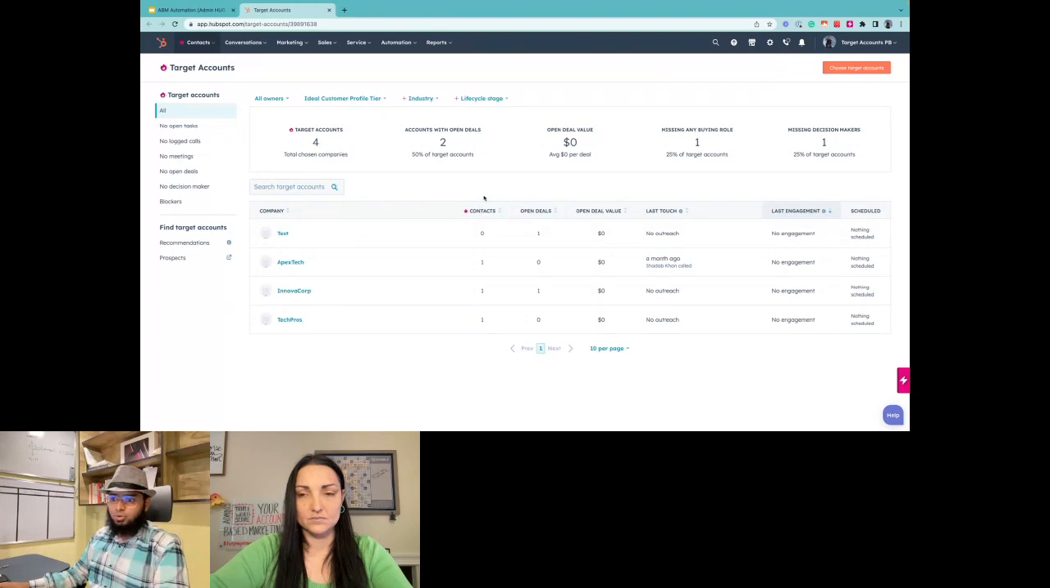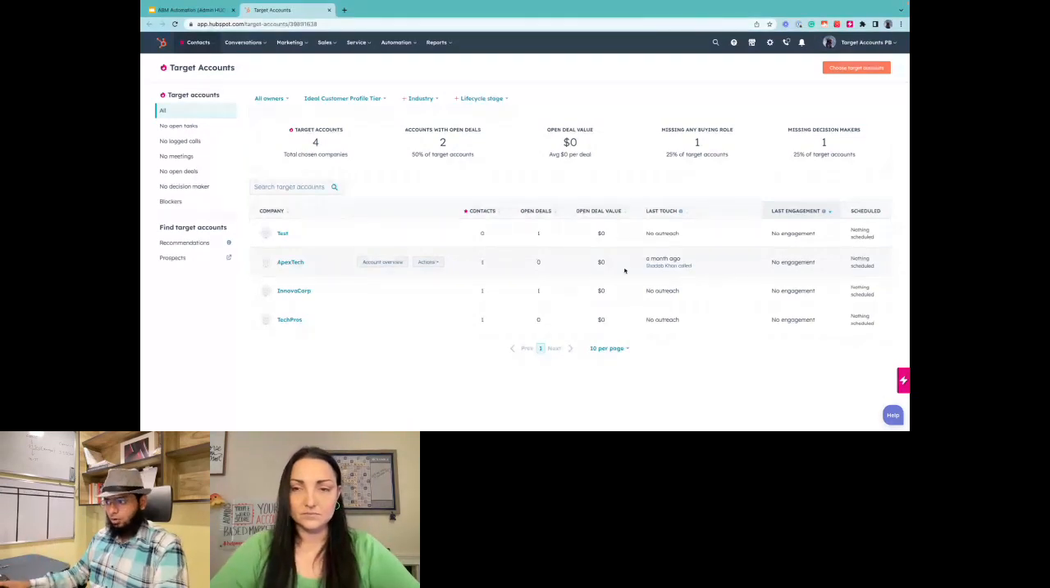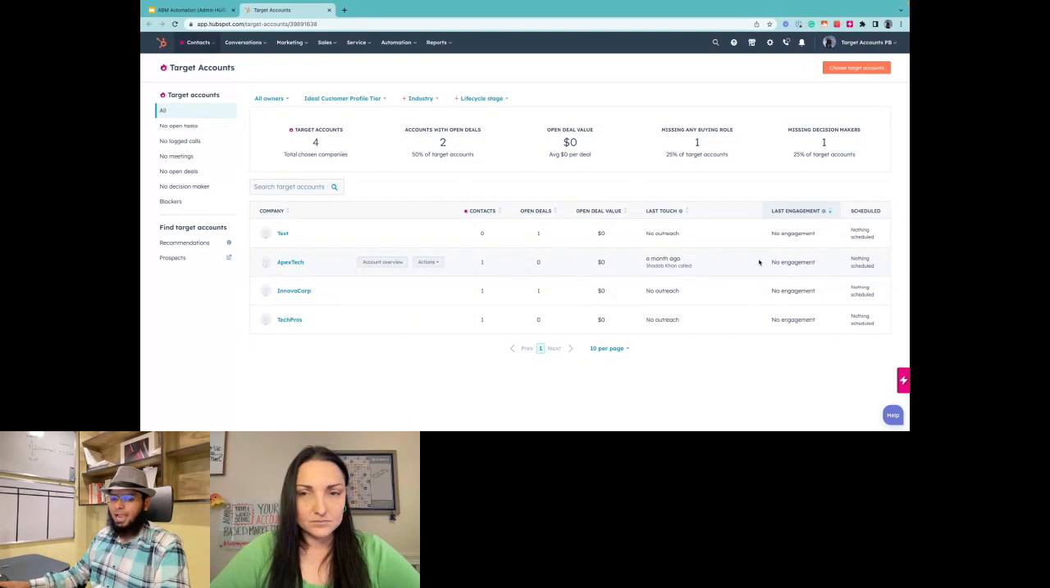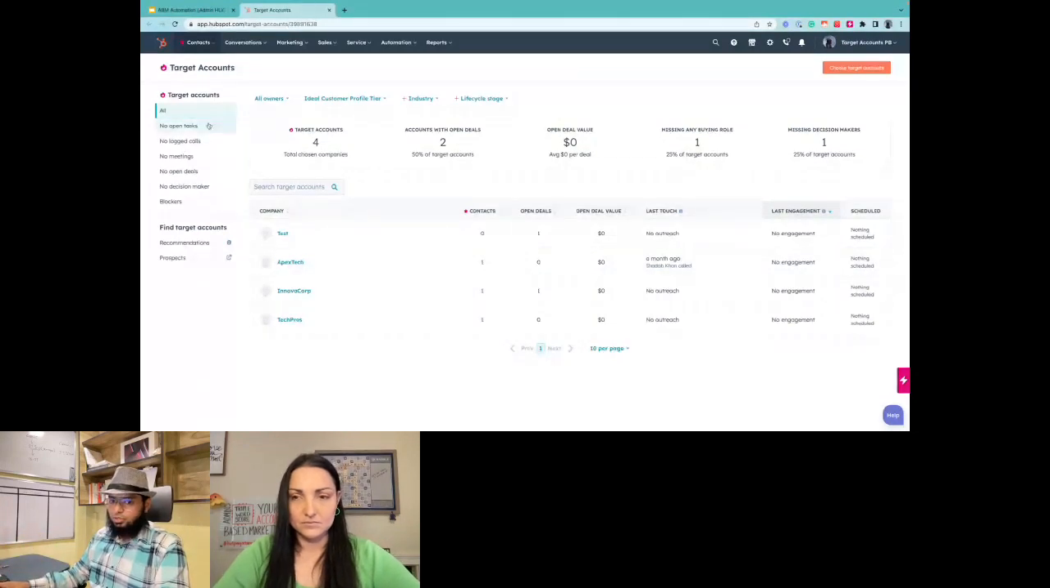How many contacts do I have for a particular account that is in my target? How many open deals do I have with them, and what is the deal value that's coming out of them, and when did the last touch happen, what kind of engagement we had with that particular account, and do we have anything scheduled in future. So this is a really powerful snapshot that HubSpot has given us out of the box. It's often overlooked. And then on the left,